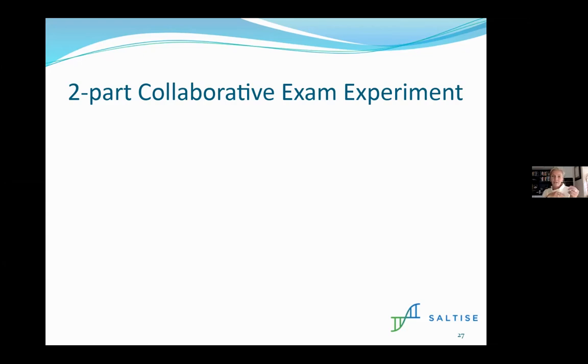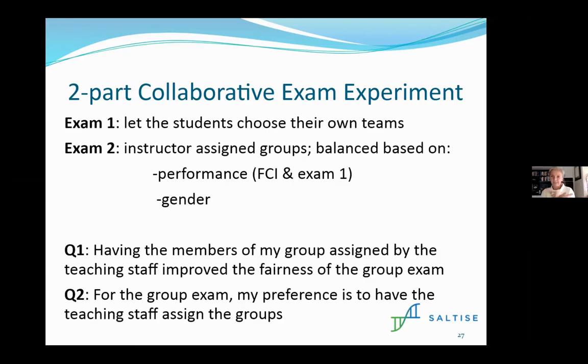And we intended to do this experiment a second time where we switched the order, right? So the way we did it was they picked the group first and then we picked the group second. And we wanted to do it again to see if there was any difference, like if we picked the groups first and they picked the group second, whether that changes the dynamic. But we weren't able to because everything moved online before we had a chance to repeat the experiment. So what I'm about to show you only represents the first half of this experiment, but I think it still shows some interesting results.